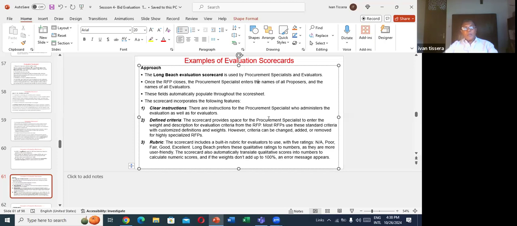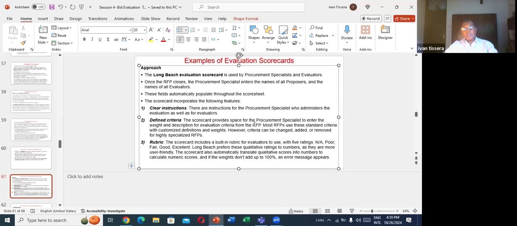The score sheet incorporates the following features. These are the features of the scorecard introduced by this company. First, clear instructions. There are instructions for the procurement specialist who administers the evaluation as well as for evaluators. Second, defined criteria. The scorecard provides